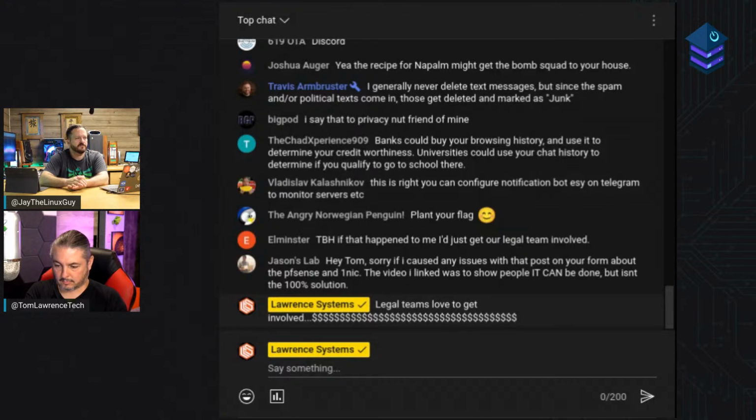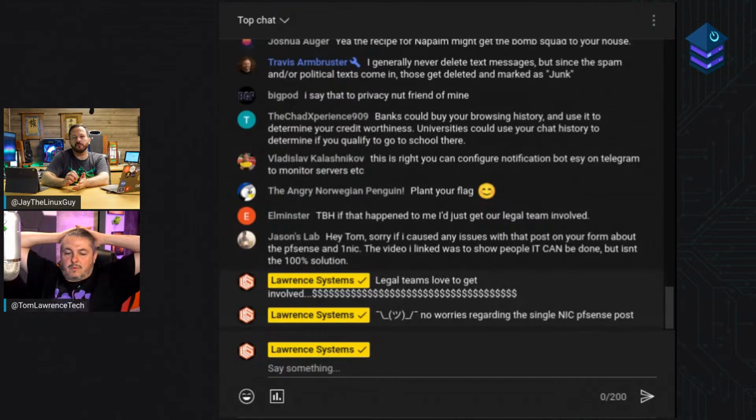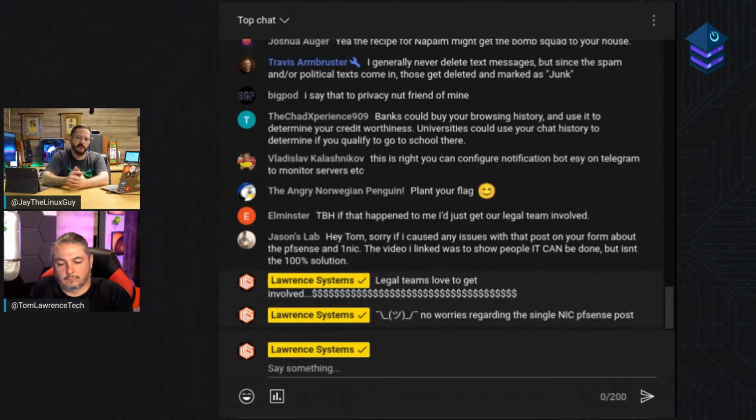But as far as I know, I think Ubuntu's is the only one that's free right now, and somebody can absolutely correct me if I'm wrong if another distribution is offering that. But that's just something to consider if you want the uptime. Now, obviously, the kernel's not the only thing that needs to be patched. There's libraries and applications and services to restart and things like that. But we have had a whole episode on that,